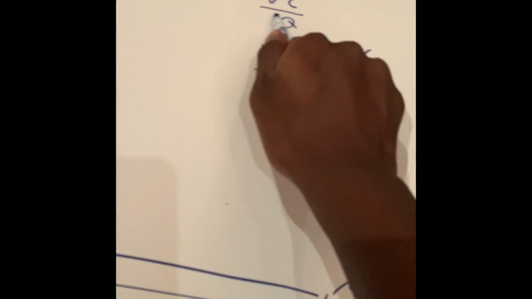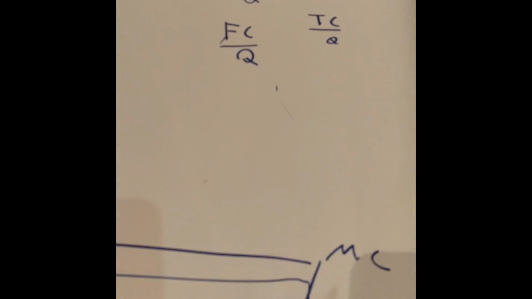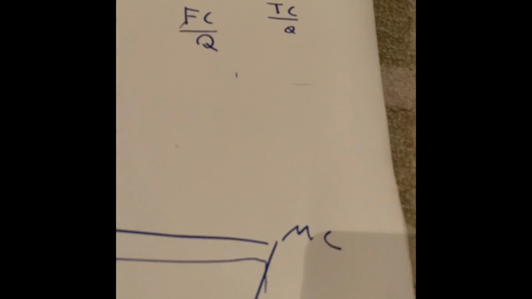First, you have three things: variable, fixed, and total cost. A fixed cost is the cost that always stays the same. For example, if we're in a pizza company, we're talking about the oven. That's a fixed cost. You're always going to need that, and that cost is always going to stay the same.